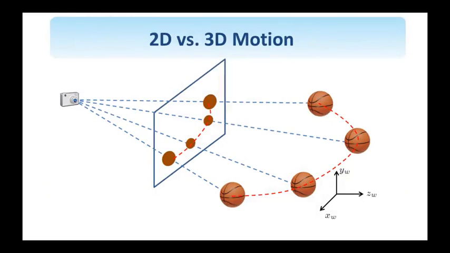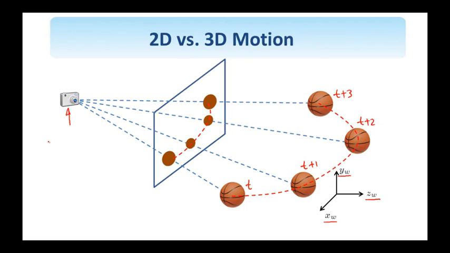The world we live in is three-dimensional. I therefore need the three-dimensional axis system, an X, Y, Z system as shown here, to describe the motion of objects or their trajectories in this three-dimensional world. So what we see here is this ball at times t, t plus 1, t plus 2, t plus 3, and so on. Now, if I only have available one camera as shown here, when we talk about monocular vision,